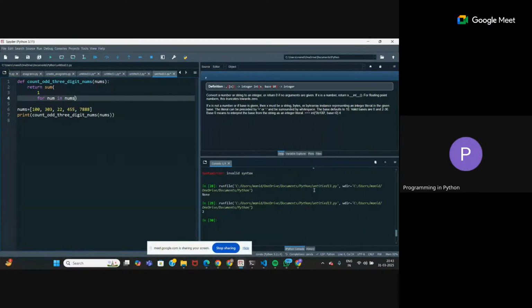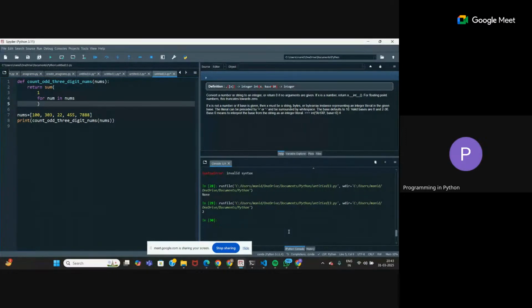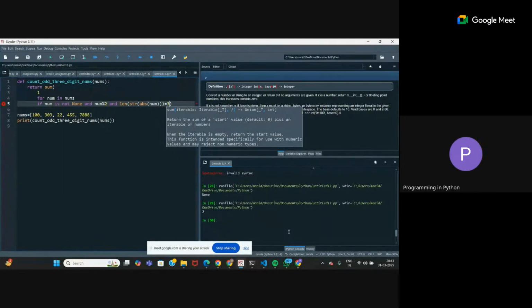Every time I go through this loop, okay, let me write the entire code first. So for num in nums, if num is not None and num%2 and the same thing, length of string of absolute value of the number, if this is equal to 3, right?